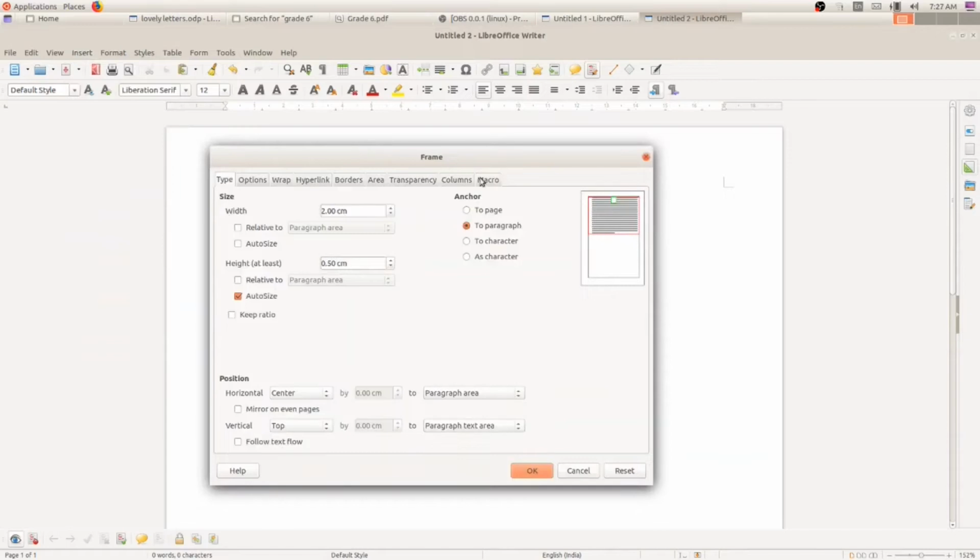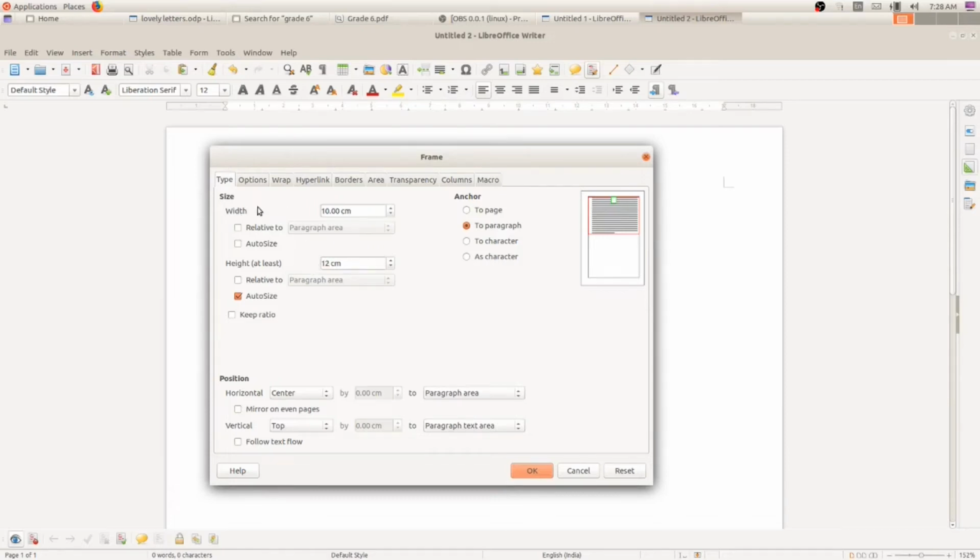Now a window will be open like this. What you have to do, you have to give the width and height for the frame. So here I am going to create a frame with width 10 centimeter and height 12 centimeter.